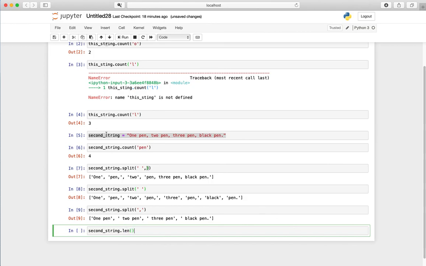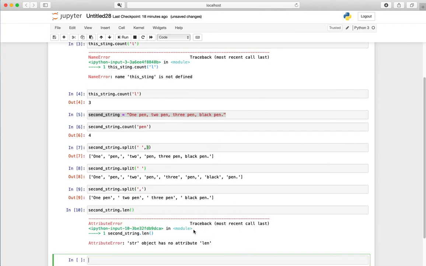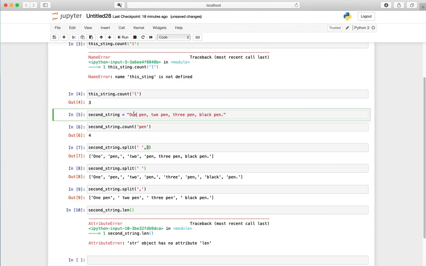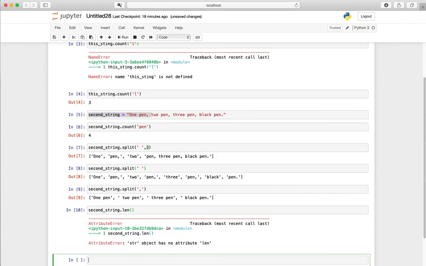I just want to see how long the second string is. Okay, so it says string object has no attribute len. So len cannot count the string this way. So what you're going to do here is